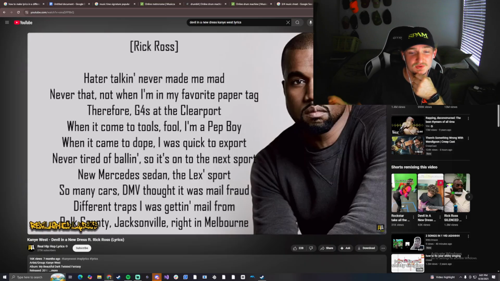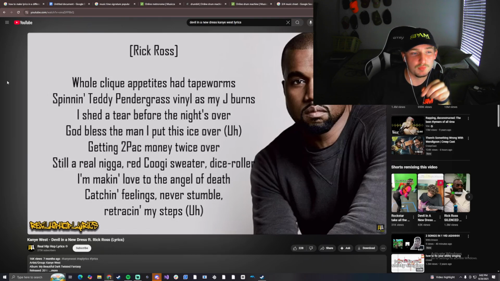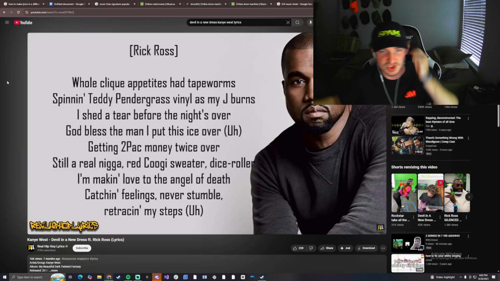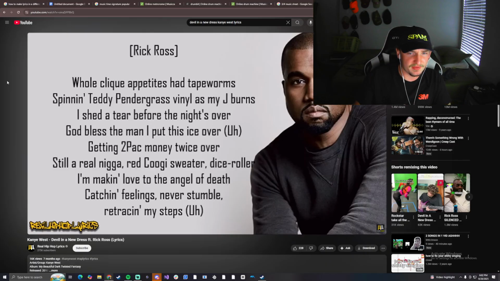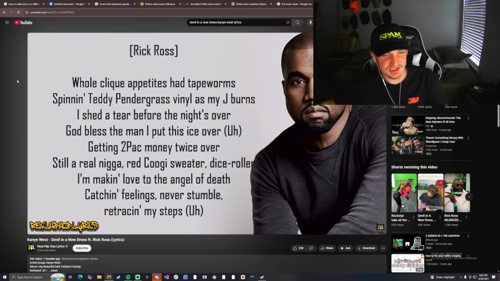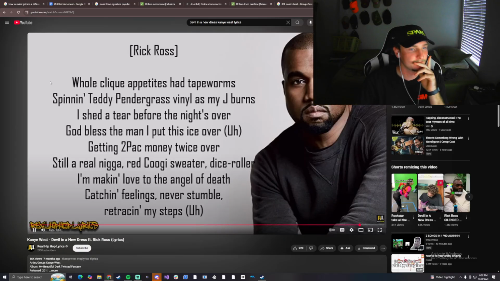Never tired of balling, so it's on to the next sport. Numerous cities, sedan, the Lex Sport. So many cars, DMV thought it was mail fraud. Different traps, I was getting mail from Polk County, Jacksonville, right in Melbourne. Appetites had tapeworm, vinyl as my J Burns. As I shear for the night's over. God bless this man, I put this ice over. Getting Tupac money twice over. Catching feelings, never stumble, retracing my steps.